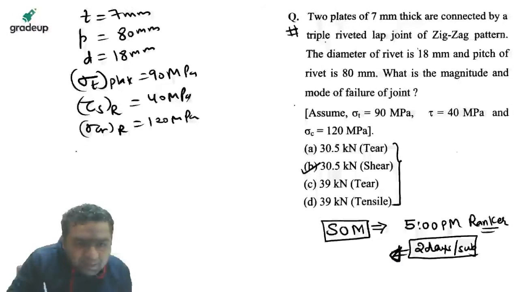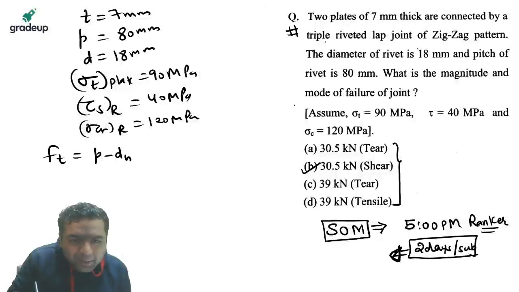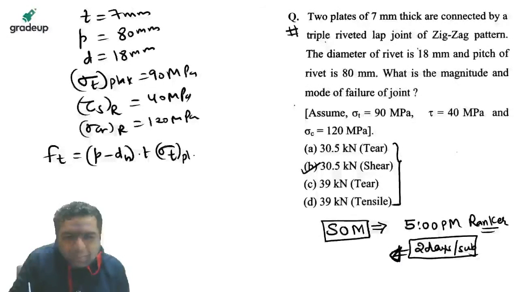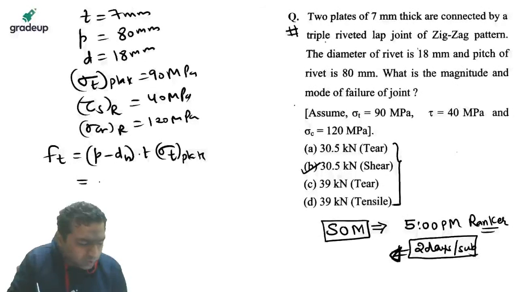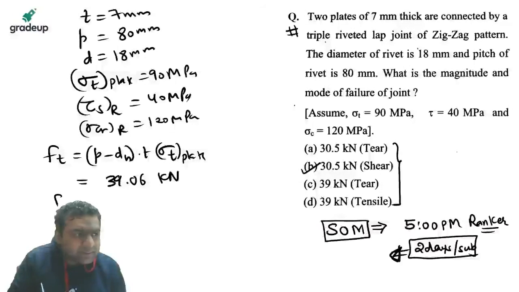So you will be having tearing strength to be (P minus d) into t into sigma t plate. Solving this, you will be getting, guys, 39.06 kilonewton. Similarly, when you will be finding out the shear strength,